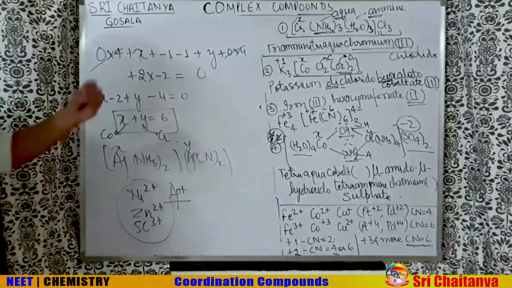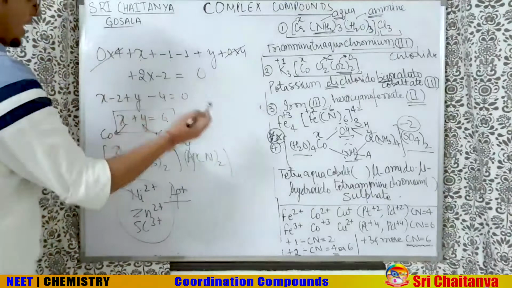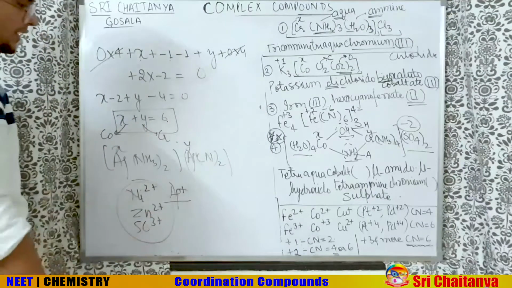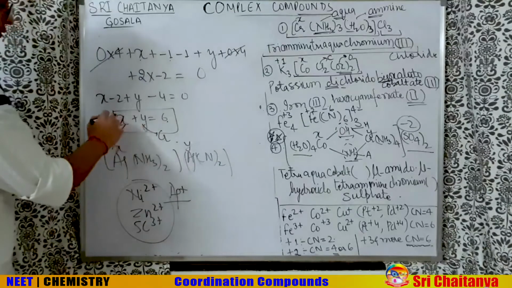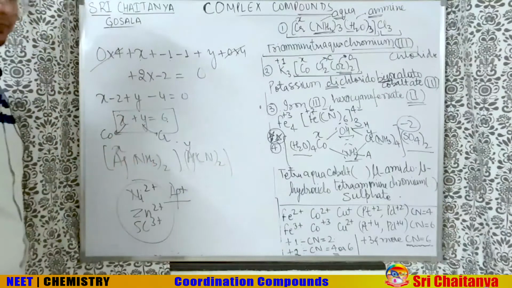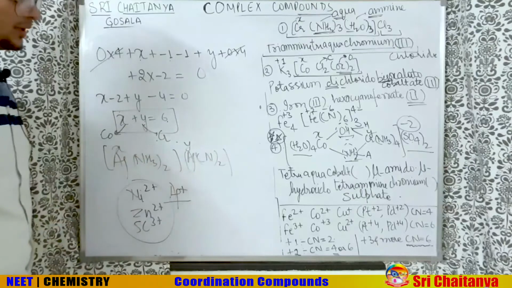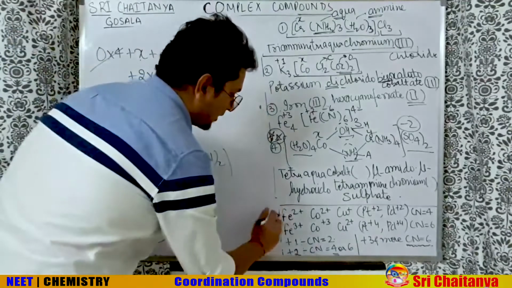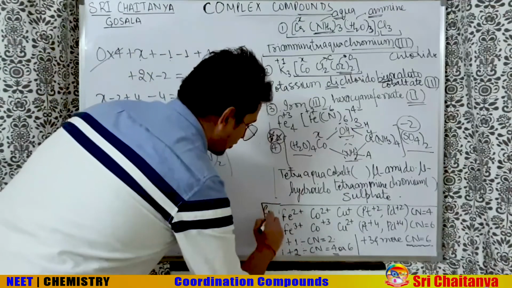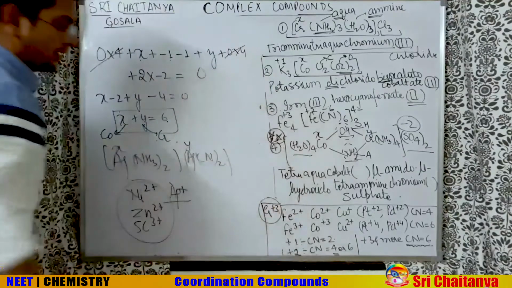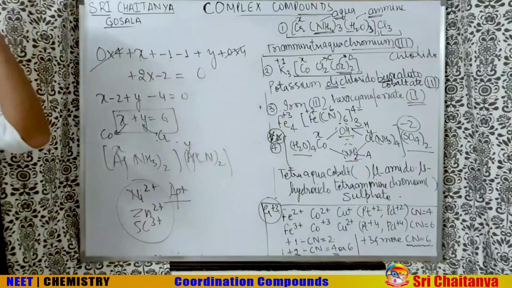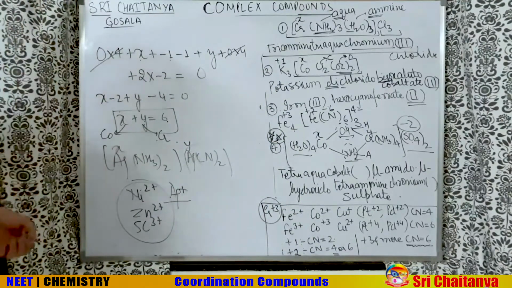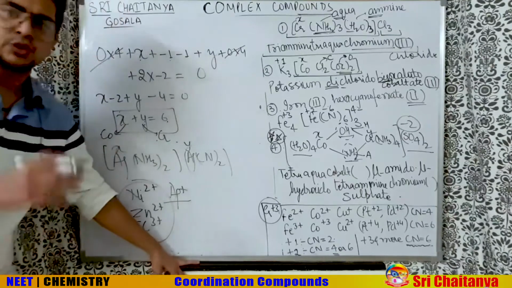So let us see now. If you get X plus Y equal to 6, what are the possibilities here? X can be 1, Y can be 5. So here +5 of chromium is not there. Chromium also I have not written here, I can write chromium also. Chromium also shows +3 majorly. Sir, can it show +2 also? Yes, it can show, but mostly +3 is shown.